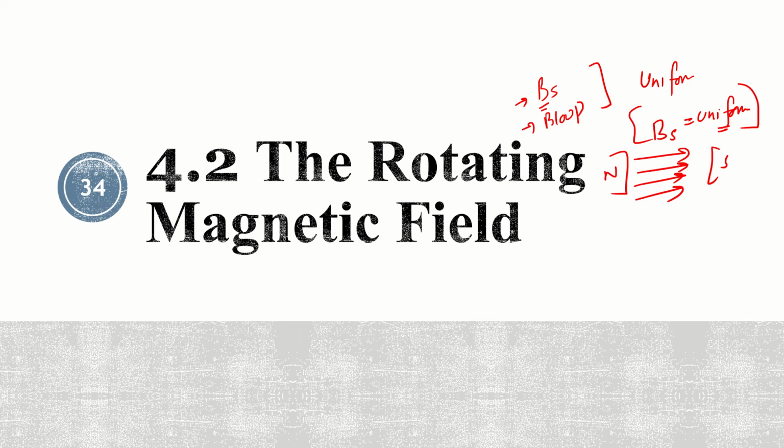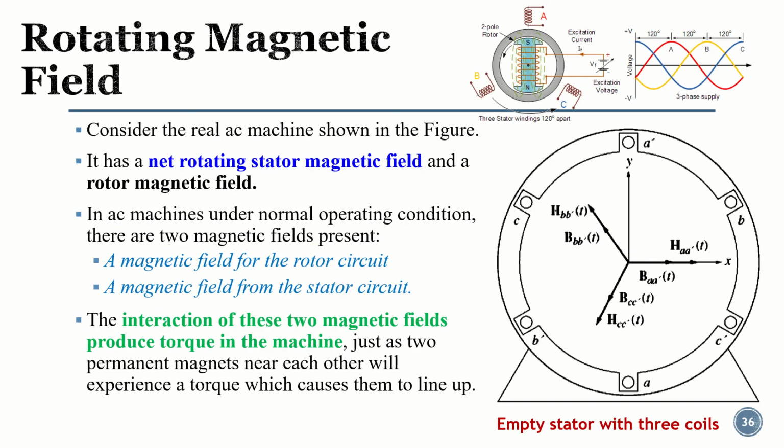So for that, let's have a look. This is a simple stator. So we have 6 poles here. This is the first pole, which I refer to as A dash. This is the second one, B dash is the second pole and C dash is the third pole. Poles means that in this stator geometry I have 3 coils, which are placed 120 degrees apart from each other.